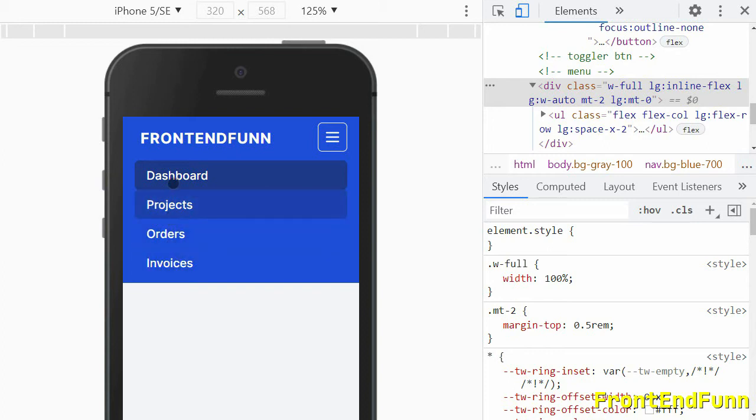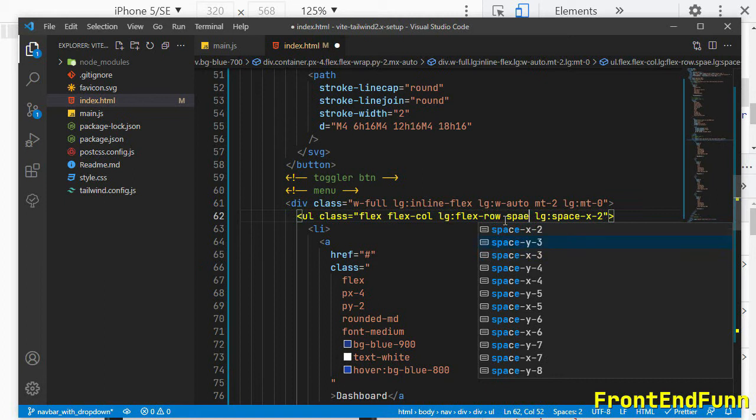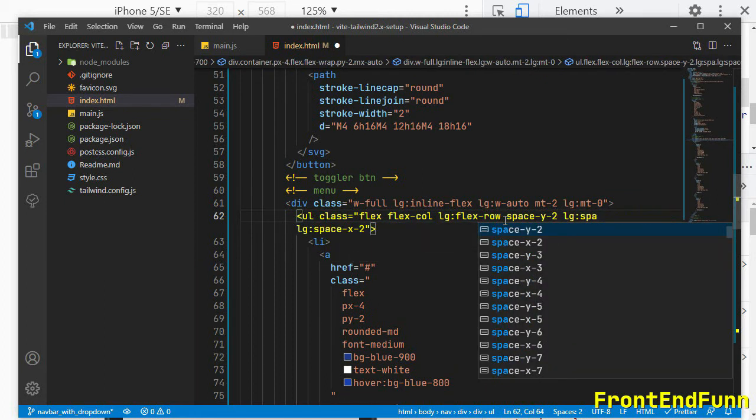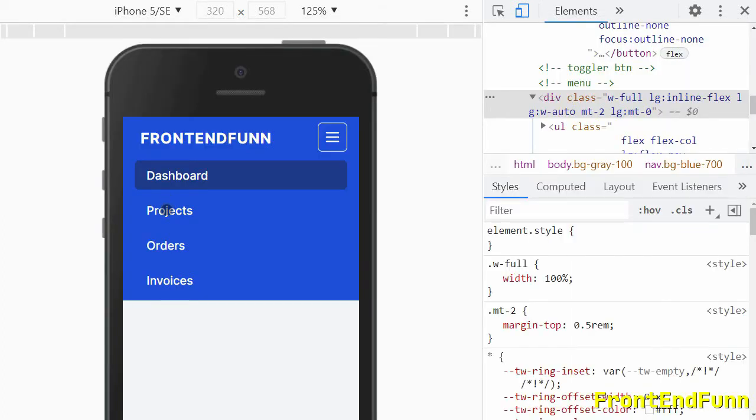And we want vertical space between the links here. We can add space classes, space-y-2, and on large screens we don't want the space.